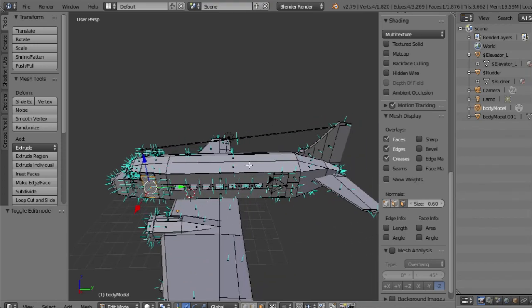Now, once you get all your parts named and everything else, you'll need to get the texture applied. And that we shall leave